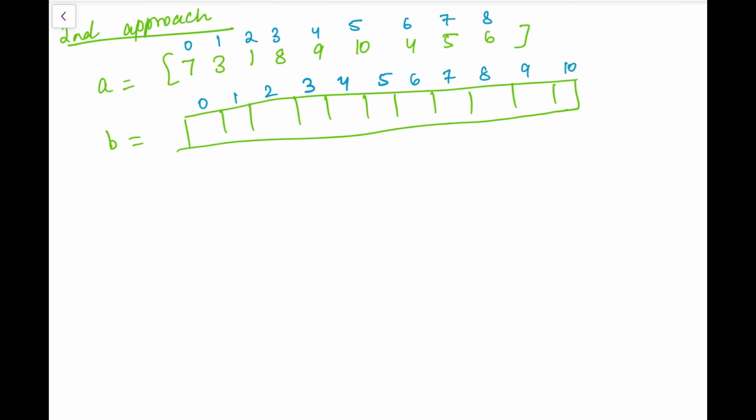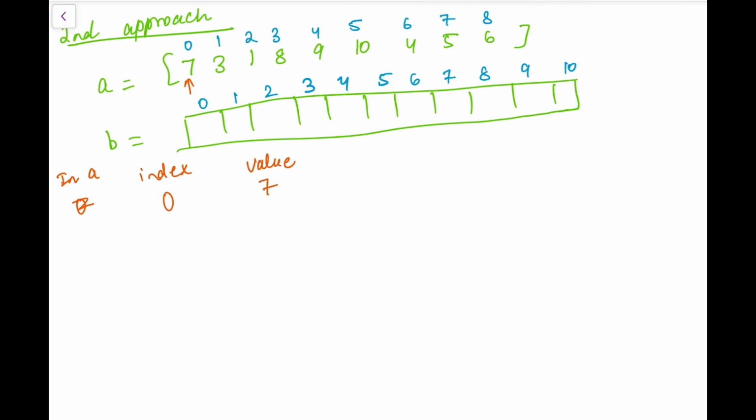Now what we'll do is we'll take every element of array A, with its index and value. At index 0 we have 7.